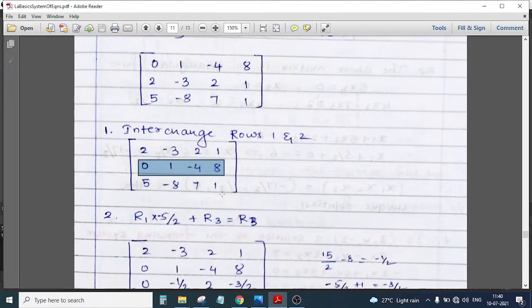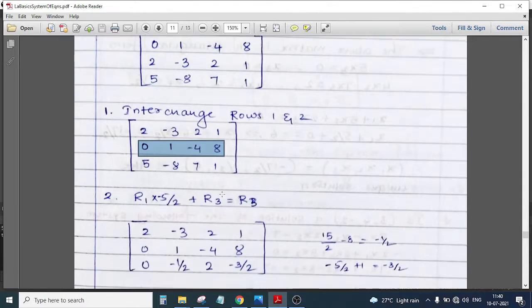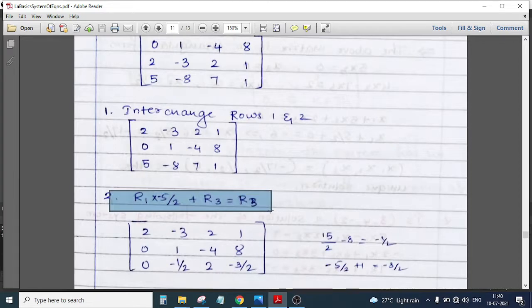Okay. Next, the procedure is again the same. We would like to eliminate the values, and we would like to get the values for our coefficients. Now how could it be done? It could be done in any way. Here I have used this operation. You can use your own operation and eliminate. Okay, so that could be done.